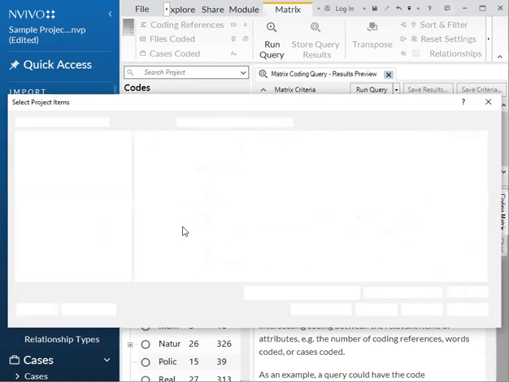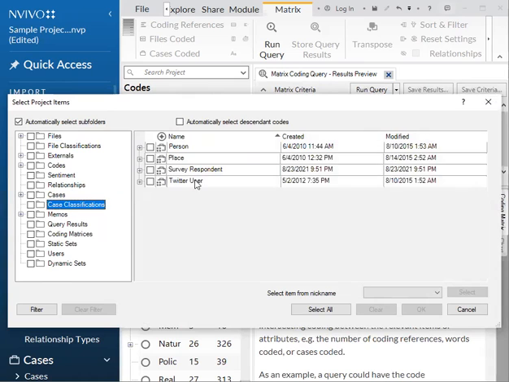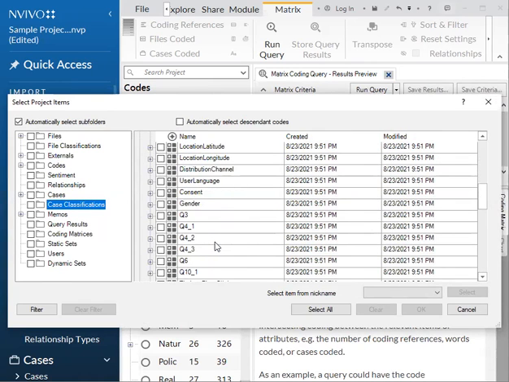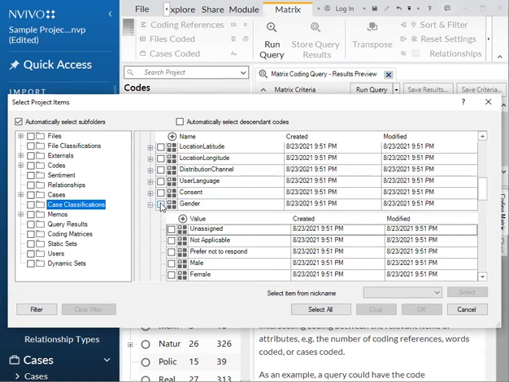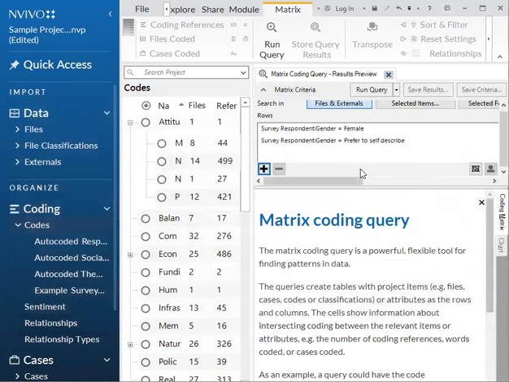Okay, apparently it's taking a second. And make sure it selected all of them. I'm not sure it selected all of them when I hit that. So if you expand it, you can go under, select all there. And there we go.